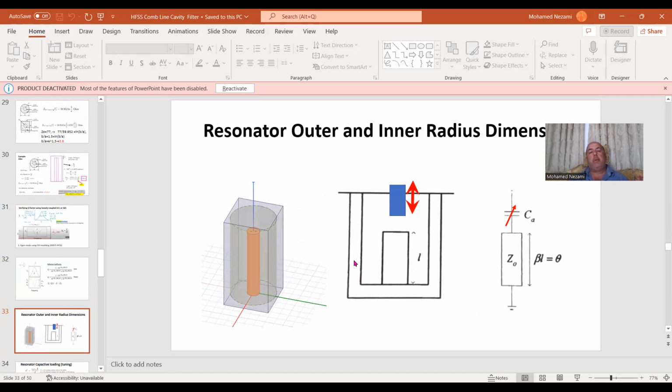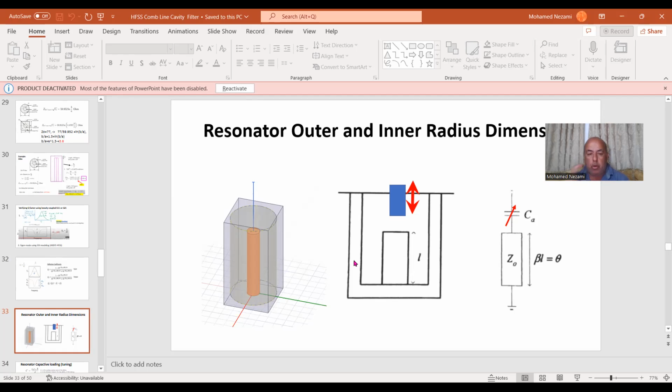So let's shift now back to how we determine the length of the resonator, because that's very important. We know that we can determine the inner and outer diameters of this resonator. It's air-filled. We can set the length, but we need to make sure that once we construct this filter and put screws in, we don't find that we can't get down to where we want. The center frequency is always way above, and the physical length has no adjustments. You have to go in and refab the cavity